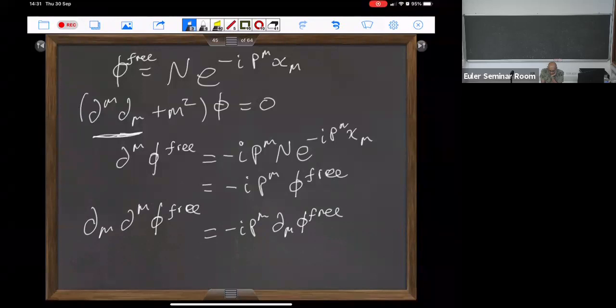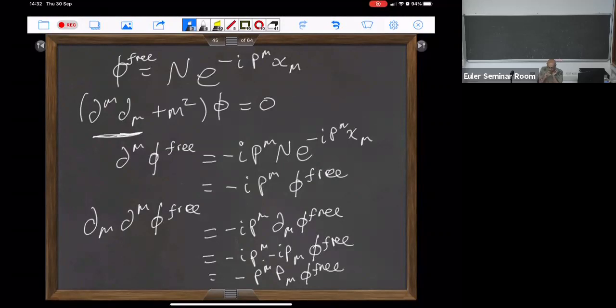And I already know what this is from the previous line, and that is going to be p mu with a lower index. Times, sorry, this is a mistake. I've forgotten them, minus I. And that's the expected result because d mu, the operator in the equation, is minus p squared, because d mu is I times p mu as